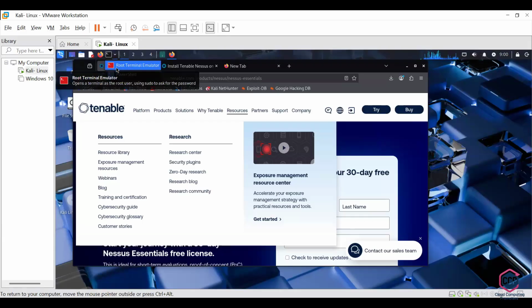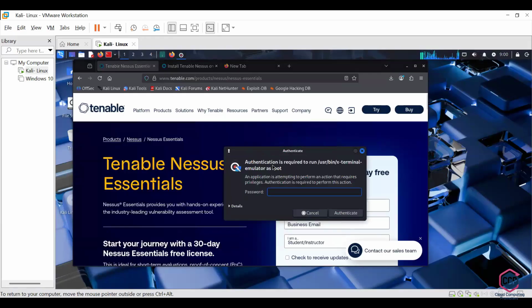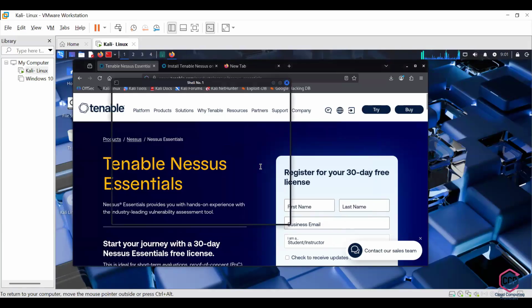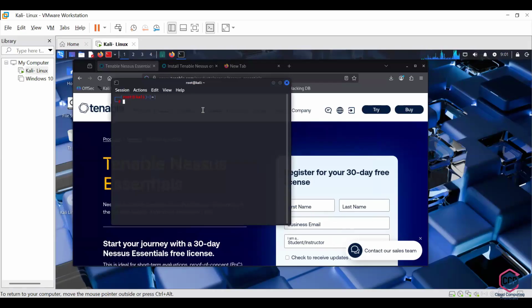Click on root terminal. Camera on. Now type ls. List. Enter.